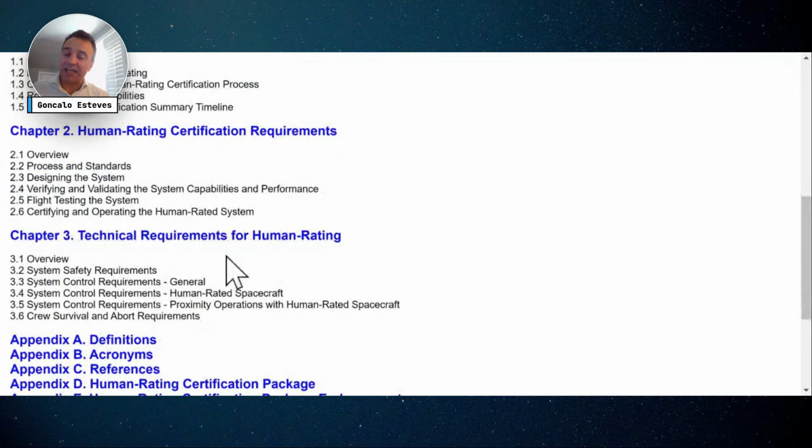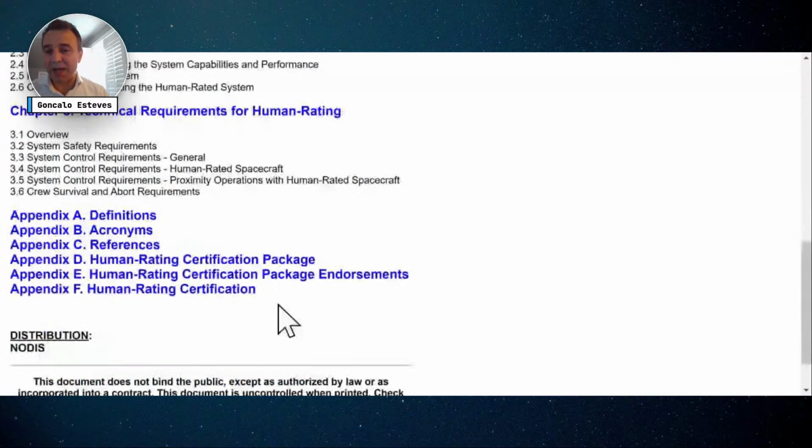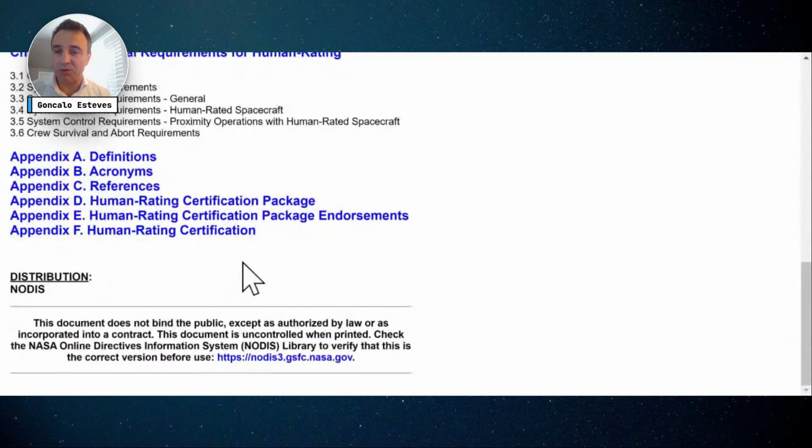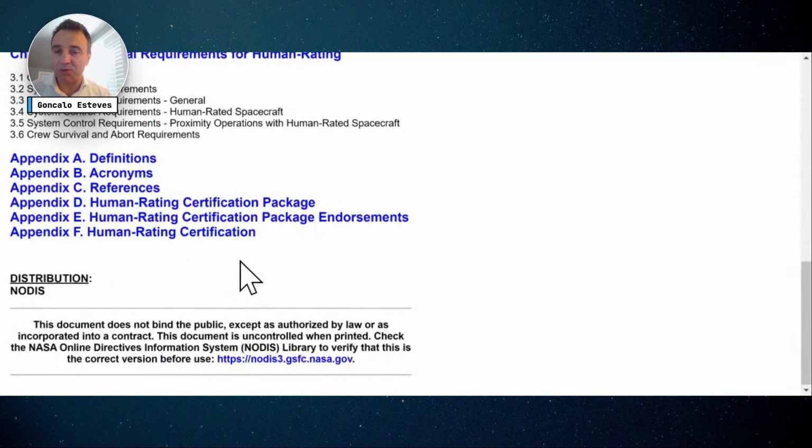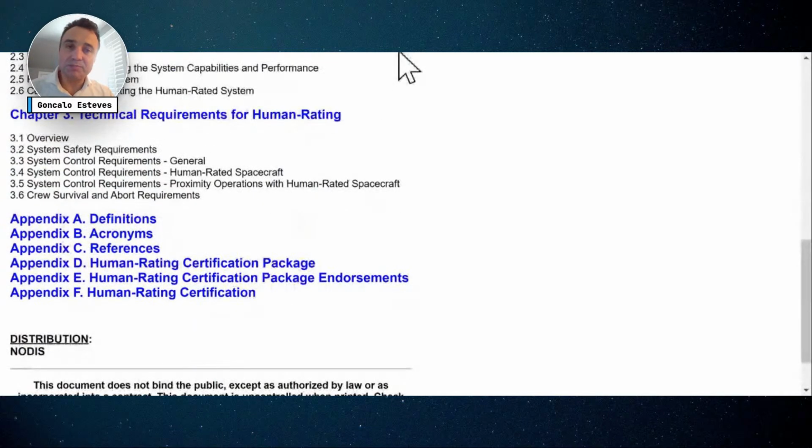That's the next step after you apply this standard. That's how SpaceX is able to fly people. Soyuz, of course using a different approach, is also able to put people up there. There is a whole human rating certification package and endorsements and how to do the certification. That's why we are doing this.